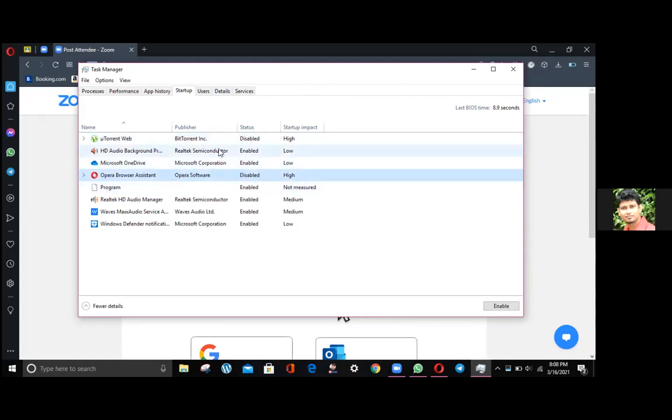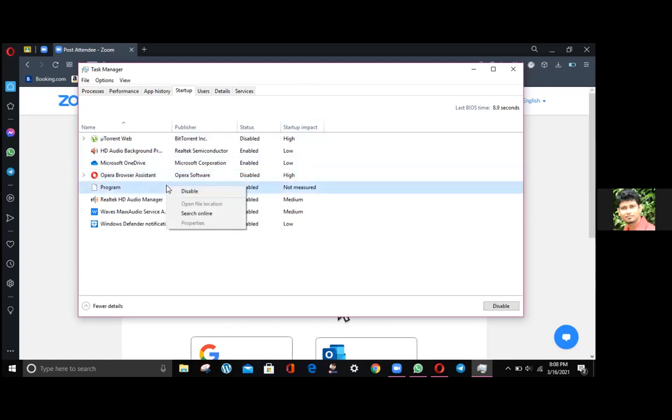OneDrive is somewhat okay, but this program is really suspicious. Right click on it and check the file location. It's not there, the file location is not available. Better disable it because it's really suspicious. We don't know what it is, so maybe a virus. Then audio, it's okay to have that.